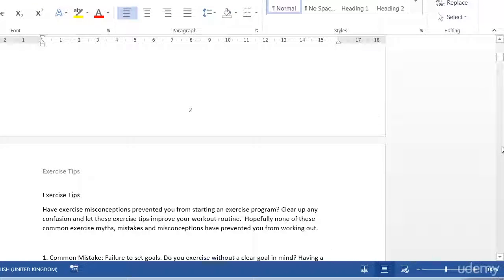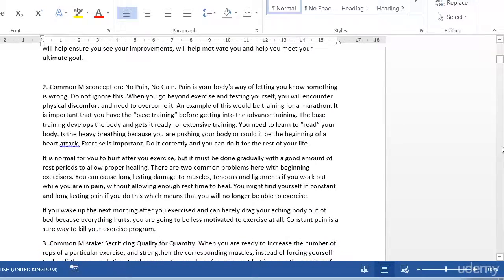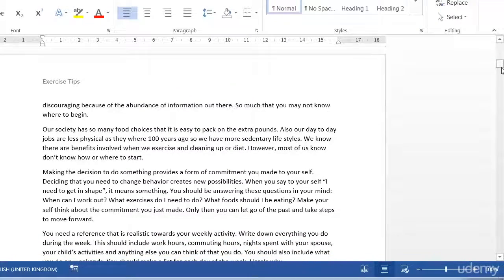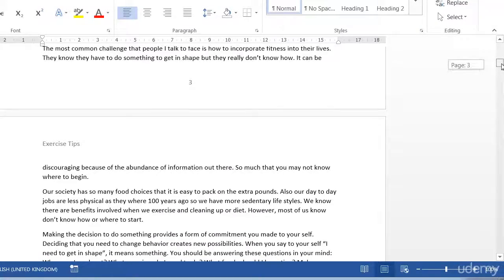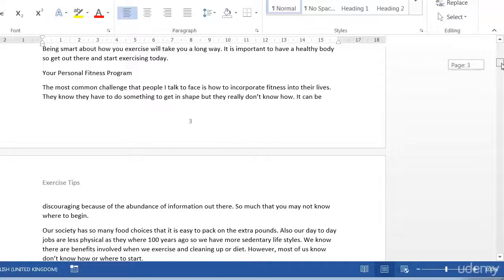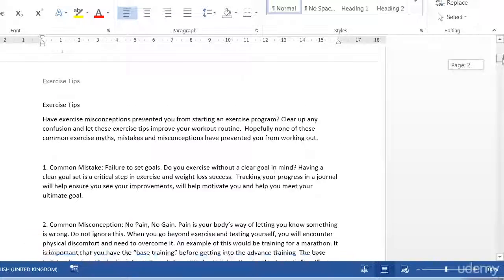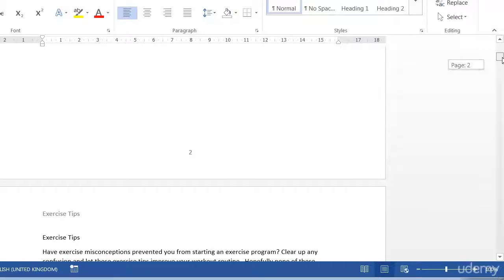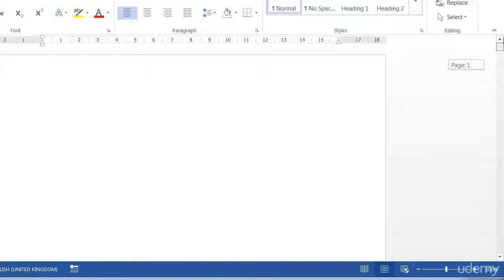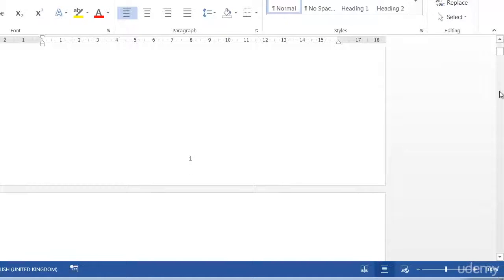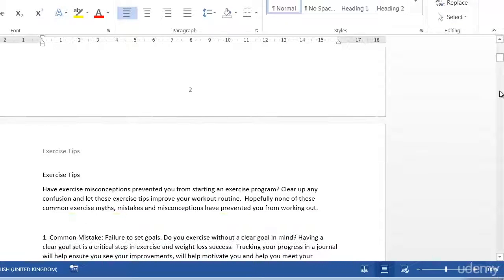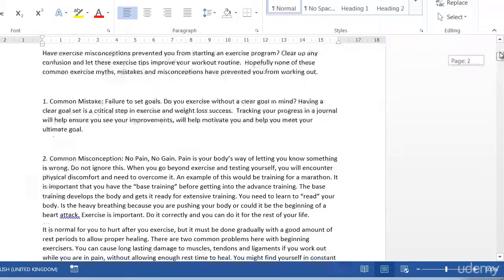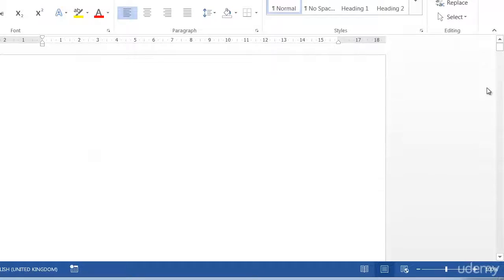So we've got a blank at the start there. And that all seems to be working. The only thing I'm not happy about is the fact that we've got a page number on the first couple of pages,